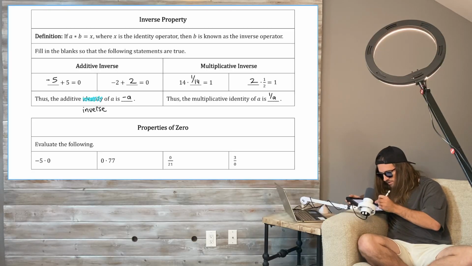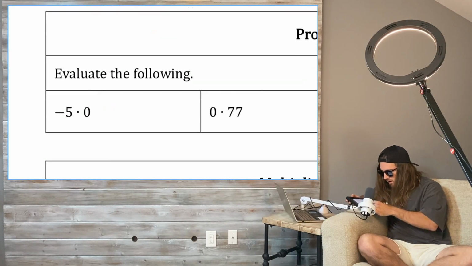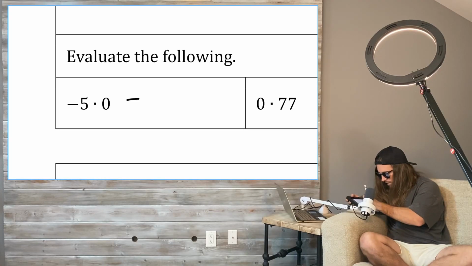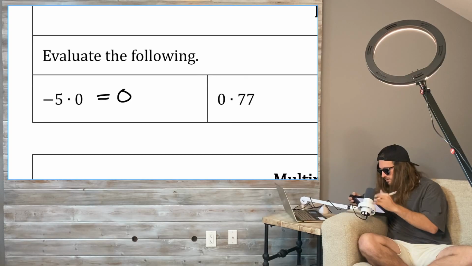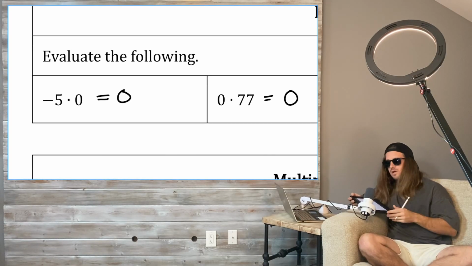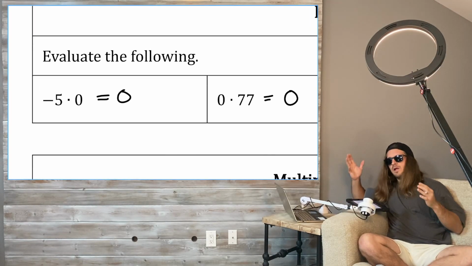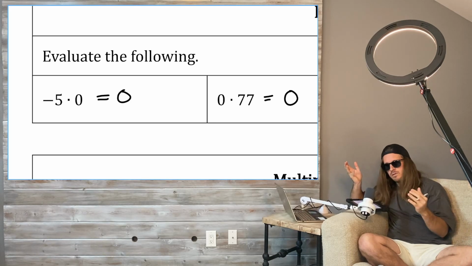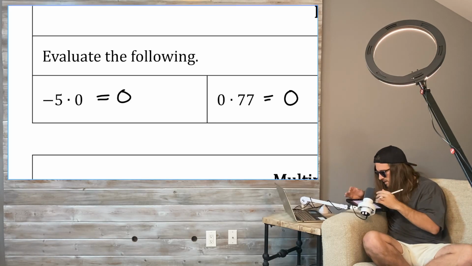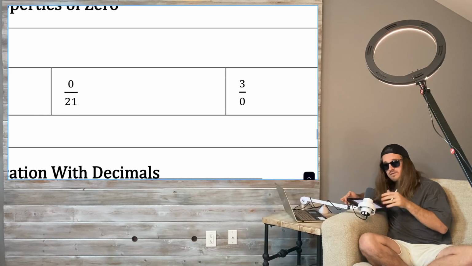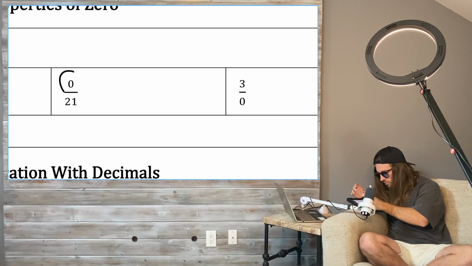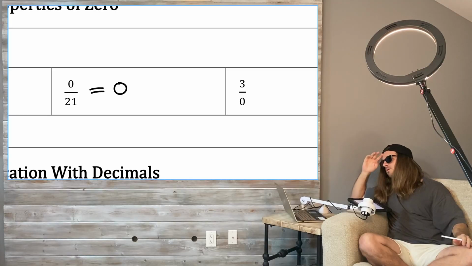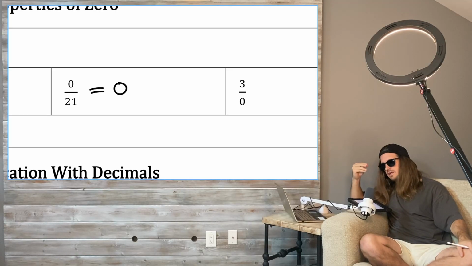Properties of 0. Let's evaluate the following. What is negative 5 times 0? Well, it's just 0. Well, what if the 0 comes first? What if it's 0 times 77? Well, that's also 0, right? If I'm multiplying two numbers and one of those numbers is 0, it doesn't matter which one comes first, the answer will be 0. Same is true in division as long as the dividend, let's call it the numerator, is 0. 0 divided by anything is 0, but if 0 is the denominator or the divisor,